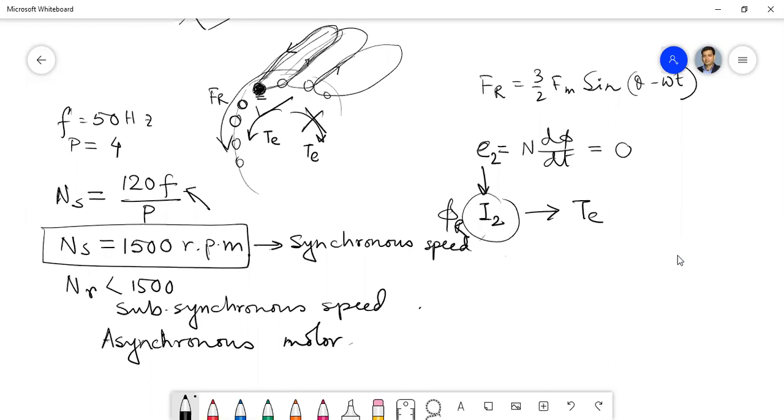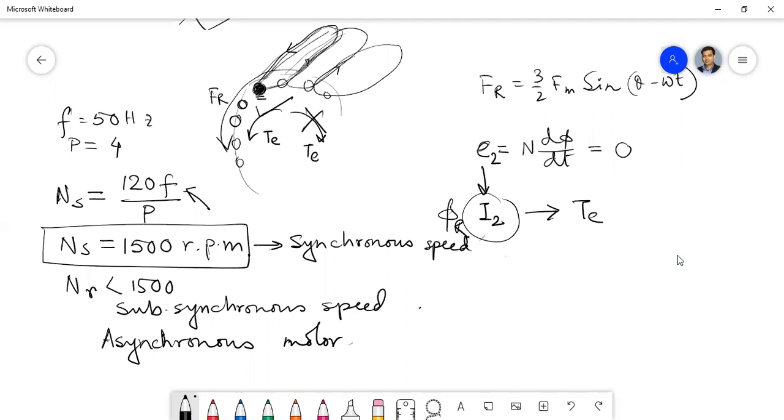The rotor bars are skewed purposefully because sometimes we may have some harmonics related problems. To avoid that, we generally make the rotor bar skewed. There are some harmonics related problems. These problems are sometimes called cogging and crawling. So that is not there in your syllabus. So for that, we generally make the rotor bar skewed.